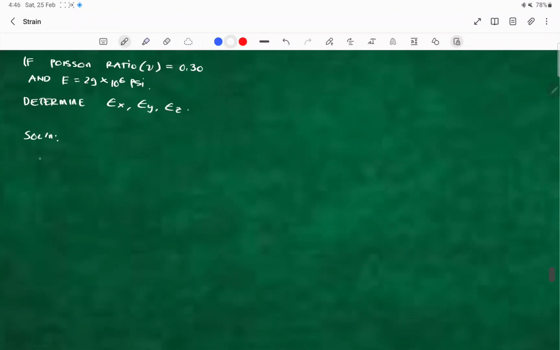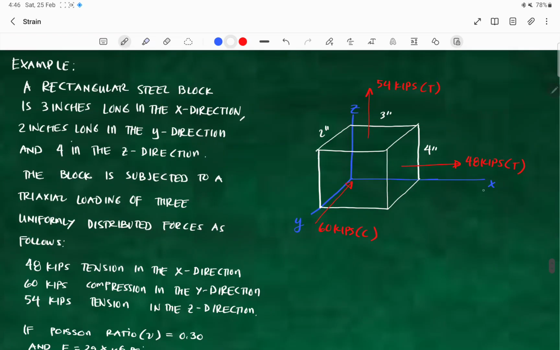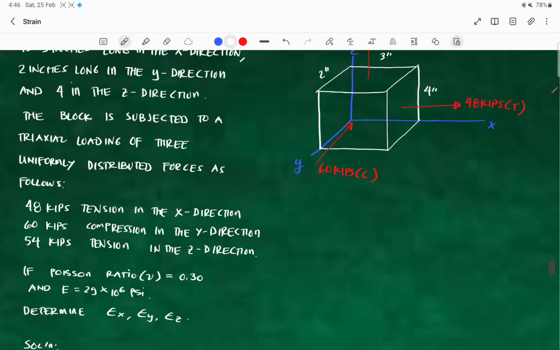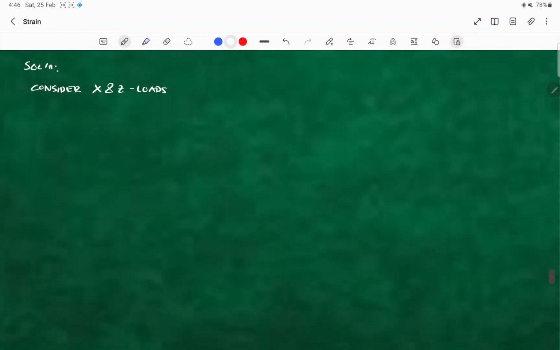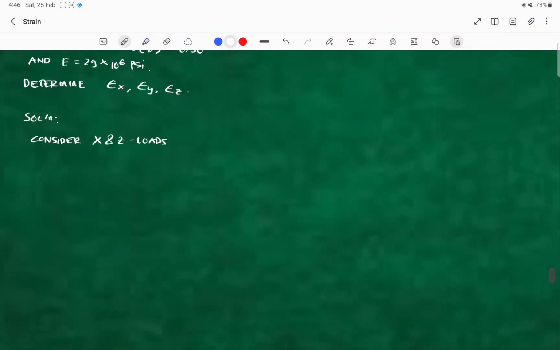So, we consider the x and z loads, no? Like, yung 48 kips tsaka yung 54 kips, no? So, bali, i-fix lang natin yung y, no? As siya lang yung maging indirect, no? So, bali, yung Poisson ratio natin is just negative nung indirect